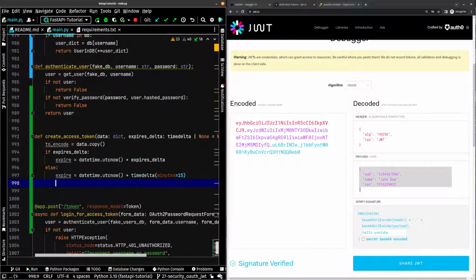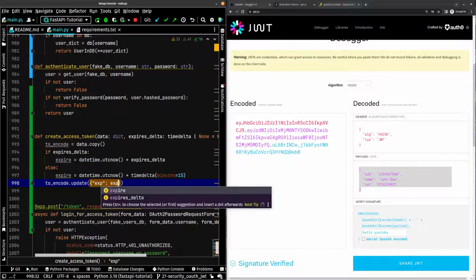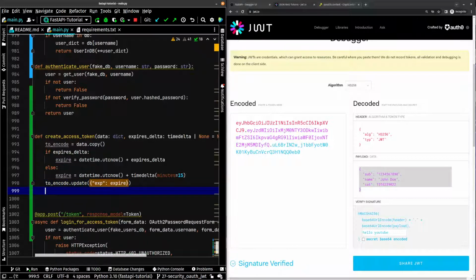Okay. Now we're going to want to pass in the expiration to the data that we're going to be encoding here. So we're going to say to encode.update, exp is expire. So great, we have this. This is just a generic dictionary though. Like we just have this dictionary that has the data that we're going to be encoding. How do we encode it? Well,